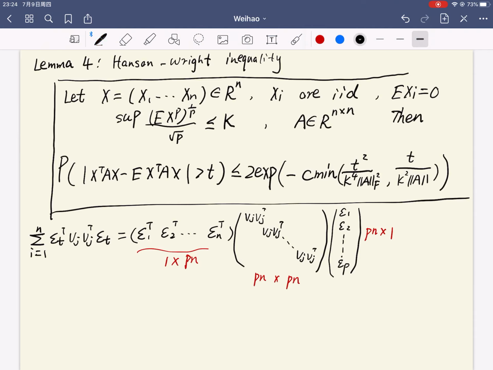A very simple exercise tells us that this matrix, we call it A, has Frobenius norm square root of n and operator norm 1. You can verify this easily by the singular value decomposition. So the tail probability is given by